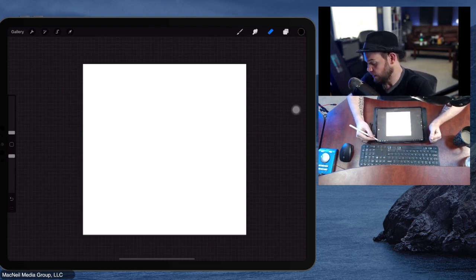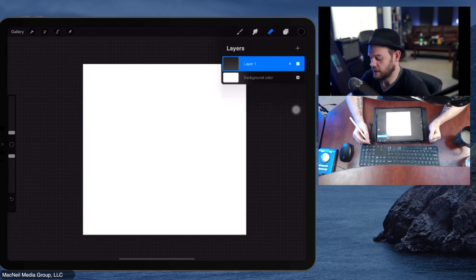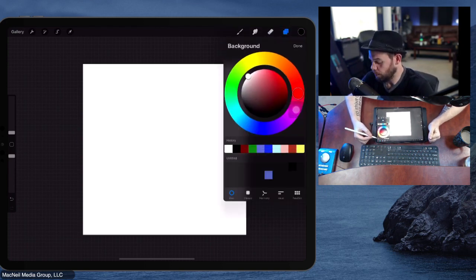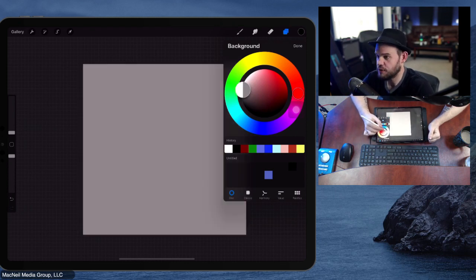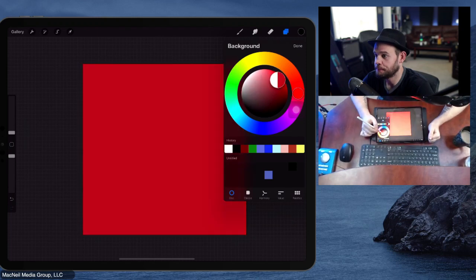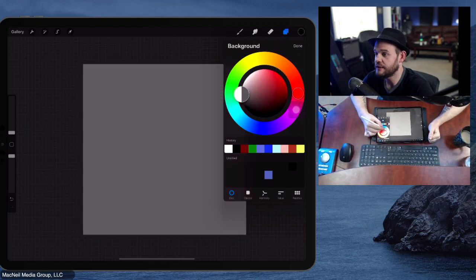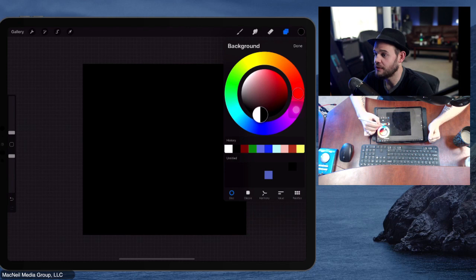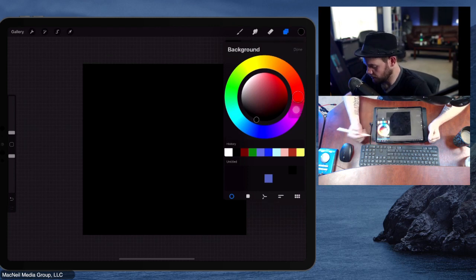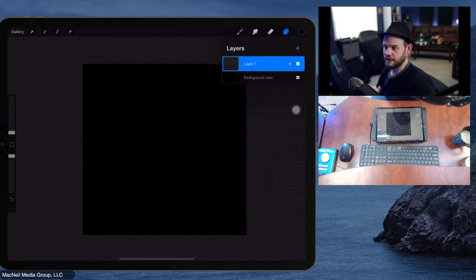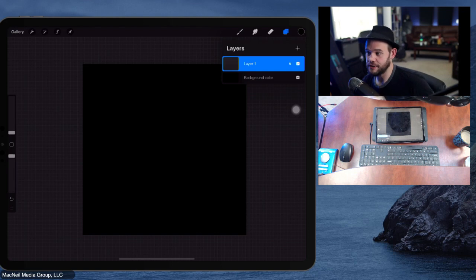And then next to that, we have our layers, and layers are super important. So we start out with our background layer. If I click on that, it gives me a background color picker, right? So we can just pick the color of the background. I like looking at a black background myself for most things. So I'm just going to go ahead and set this to black because I like it better. So I'm going to hit black, and then when I start drawing, I'll draw with white because it'll look like